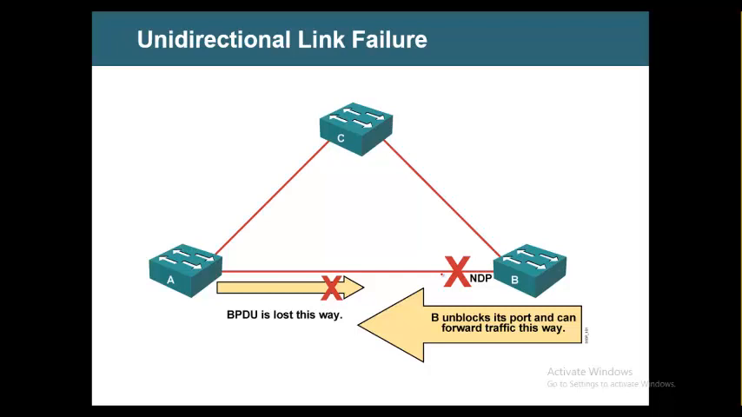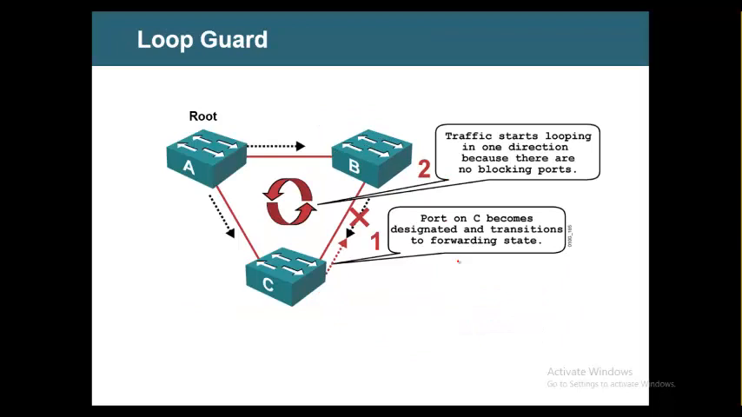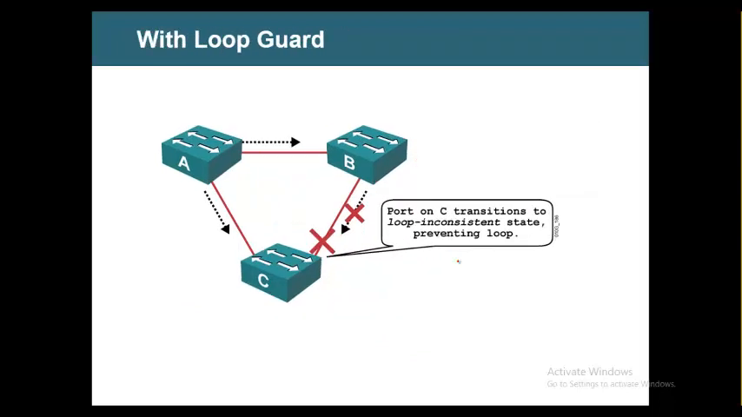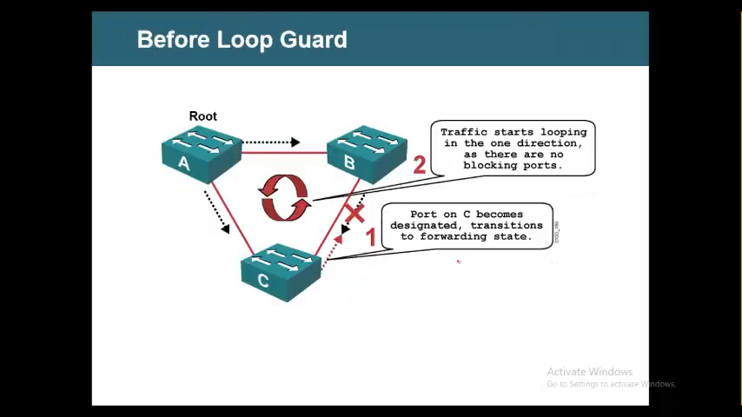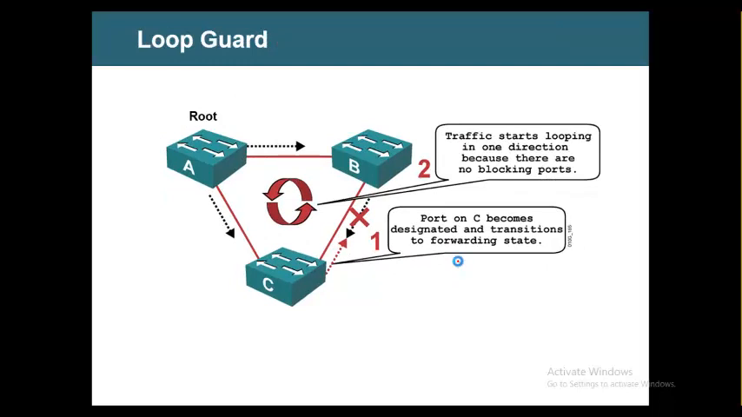So the block that is already there, because of failure detection protocol, should still be maintained to prevent loop. For that, we enable UDLD. Secondly, we have loop guard